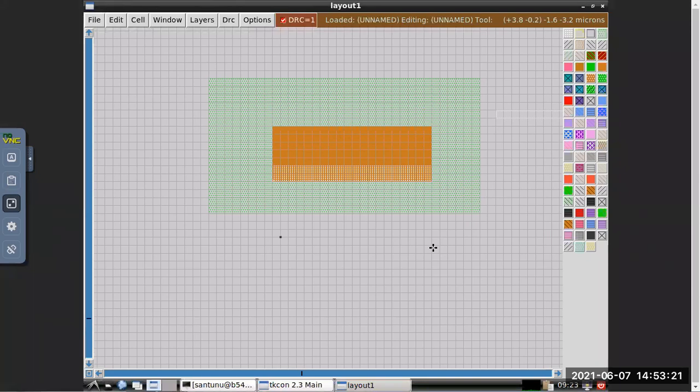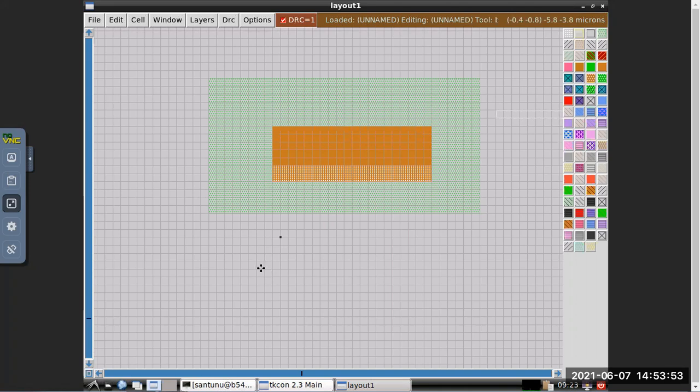Please tell me, what is the dimension of this box? 1 micron. How are you calculating this 1 micron? It's written lambda 1 into 1, but lambda is a constant. What is that value in micron? 0.2 microns.